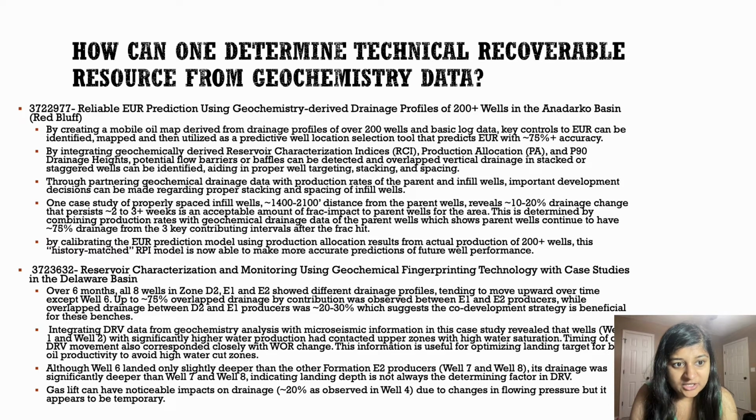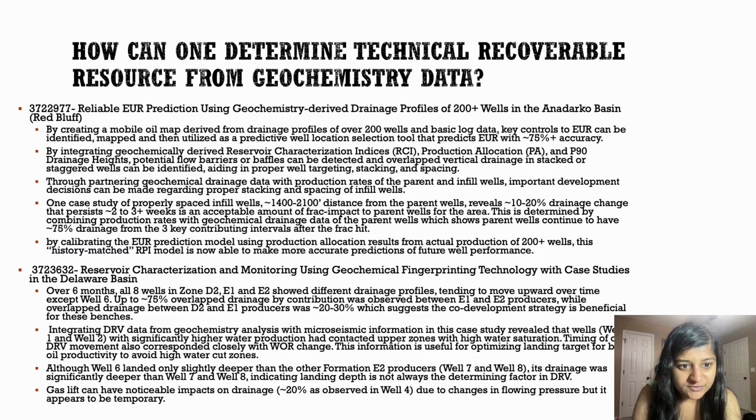So by calibrating EUR prediction models using the production allocation results from the actual production of 200 plus wells, the history-matched RPI model is now able to make more accurate predictions of future well performance. So I strongly suggest you read this paper on how you can use geochemistry data and advanced geochemistry data in order to determine your well performance. The next paper I thought everyone should read is